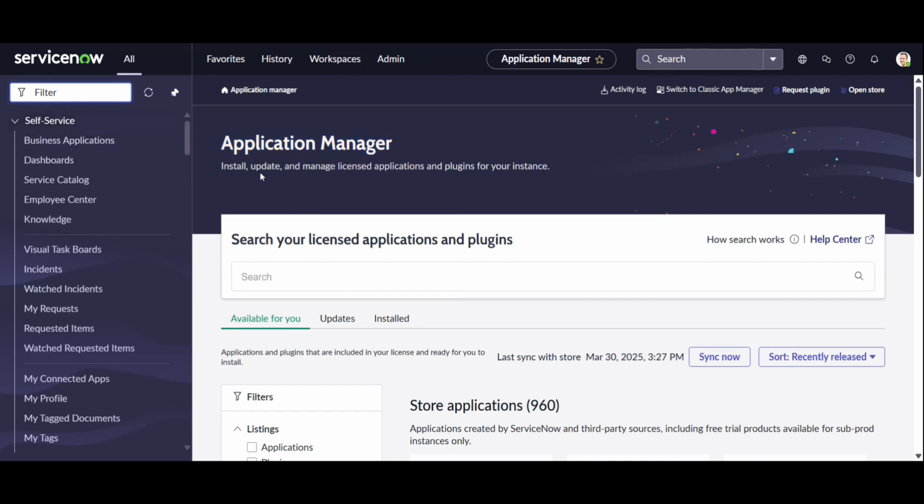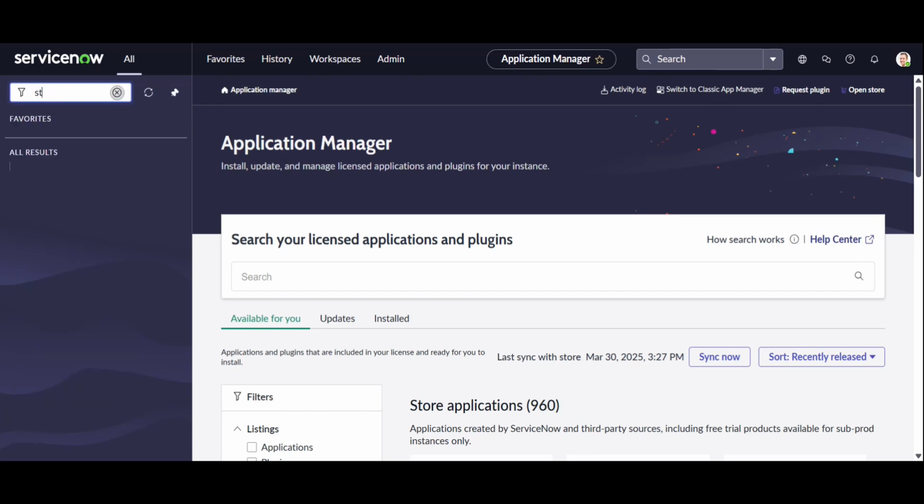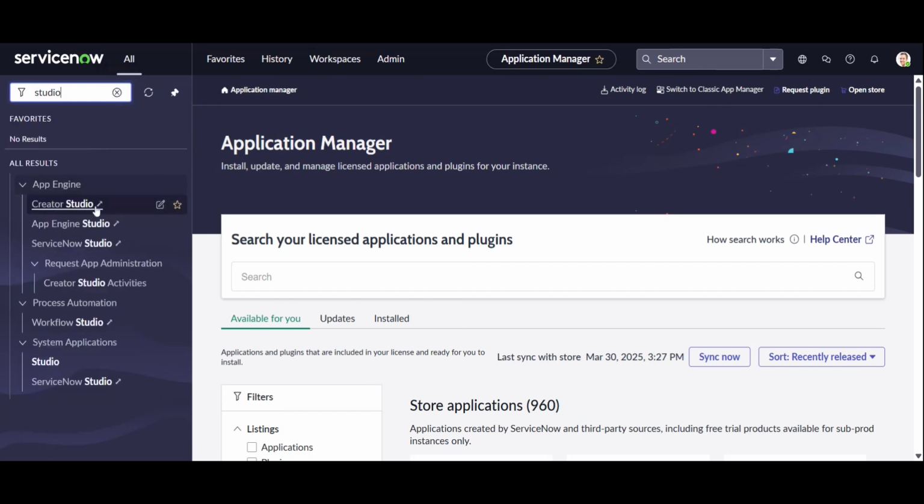To make a new application, you first have to come to your personal developer instance. For creation of the new application, we have to come to the menu bar and type studio. When you type studio, it will show Creator Studio launch. You have to open it. When you click on it,